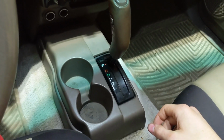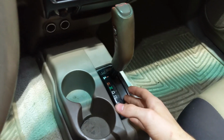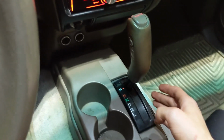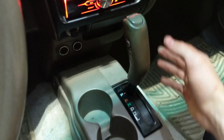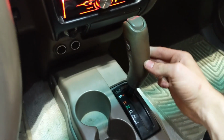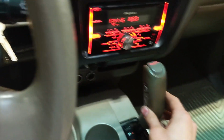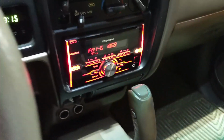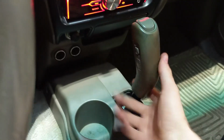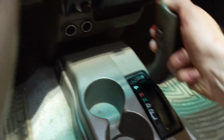Alright, so the shifter's reinstalled. I put the pin back in the shift linkage, and so I'm just going to show you guys how much play these bushings will eliminate once they're installed. So you just saw the before the bushings, hit the brake. Now you can see after the bushings, there's like no side-to-side play. I'm putting a good amount of sort of oomph into it there. And then also you don't have that thing where it'll go up into the side pretty far. So in between gears,